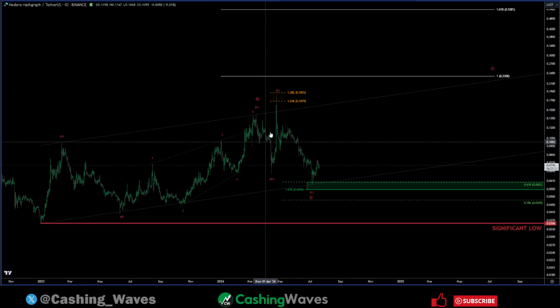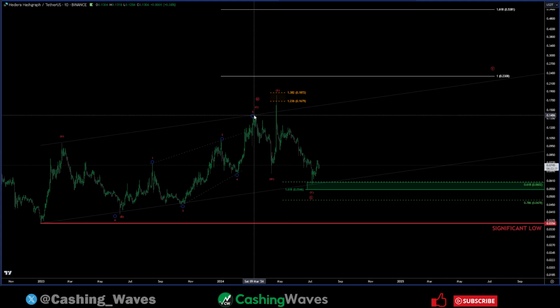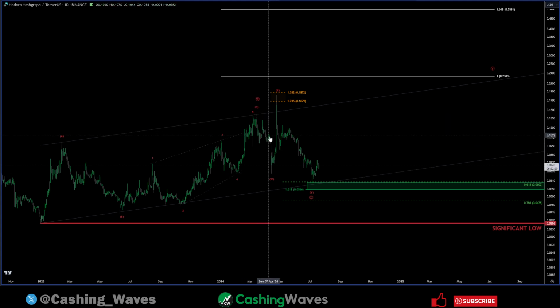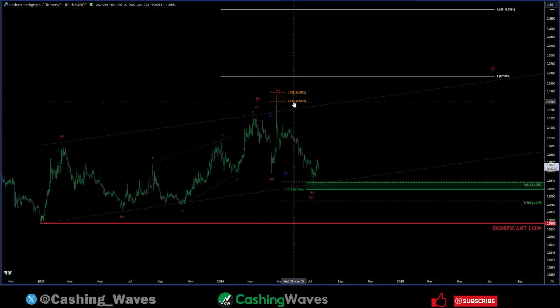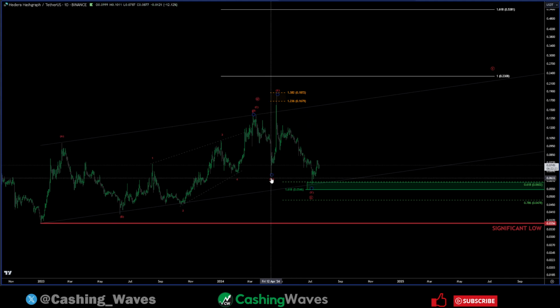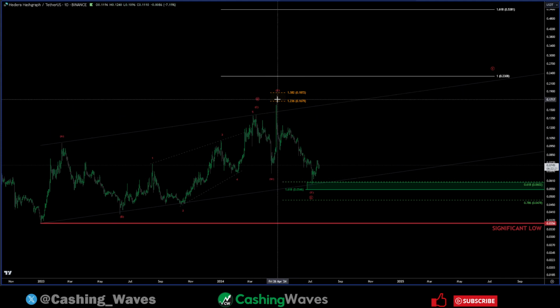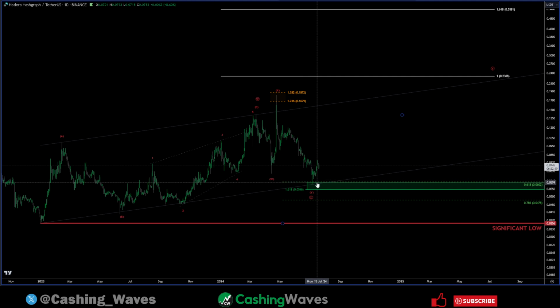We then had an expanded flat for our X wave. You can see we had a 3, 3, to the upside right between our zone, the 1.236 and 382, which is the extension of the W wave. We made a higher high, and then we made a three-wave move to the downside to complete our Y wave